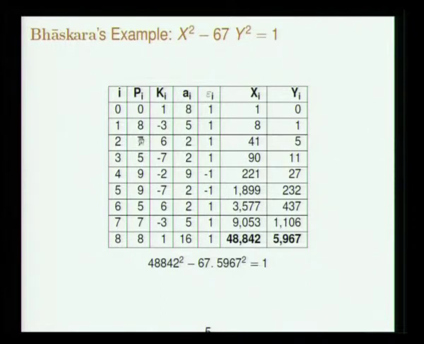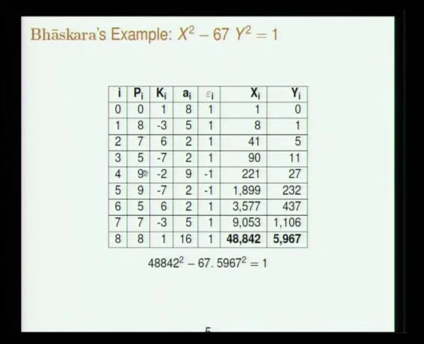So in the next step from 7 you have to find p i plus 1. The sum should be divisible by 6. 5 and 11 are the possibilities. 5 squared is closer to 67 than 11 squared, choose 5, then you will get 5 and minus 7. So at this point you have 90 squared minus 67 into 11 squared is minus 7. Next step you will immediately get a k of minus 2.